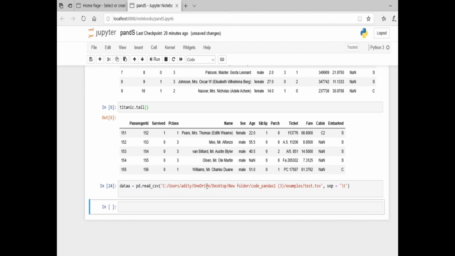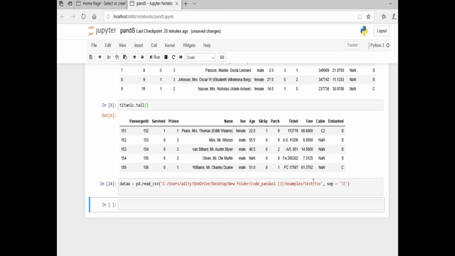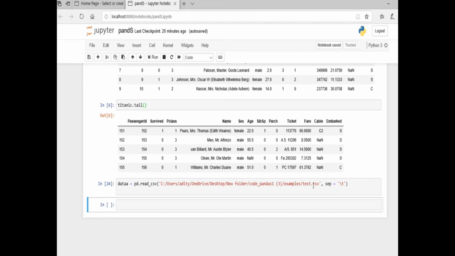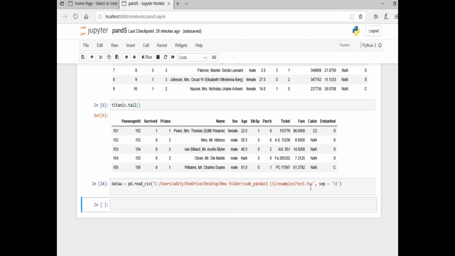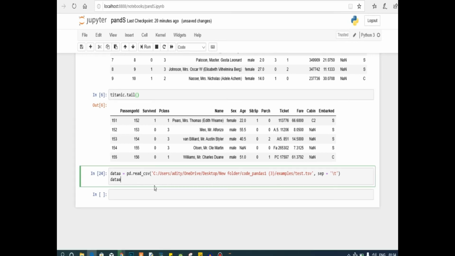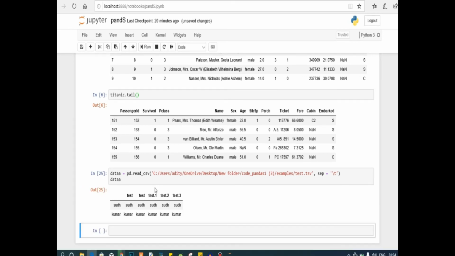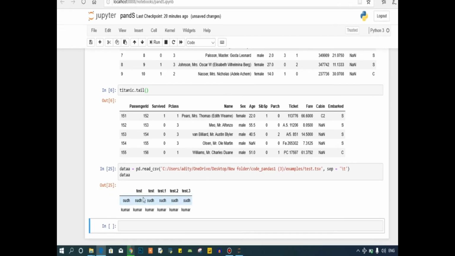So this is the format of reading text data. Let's run it and see this data. Shift plus enter. Now you can see that I have got my test data in a beautiful tabular format.